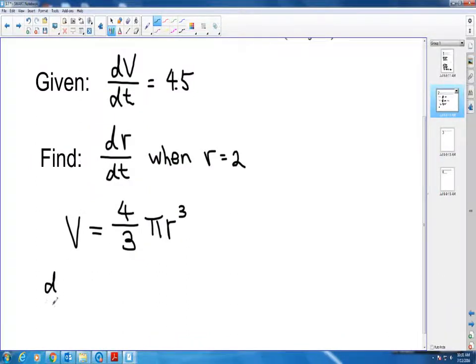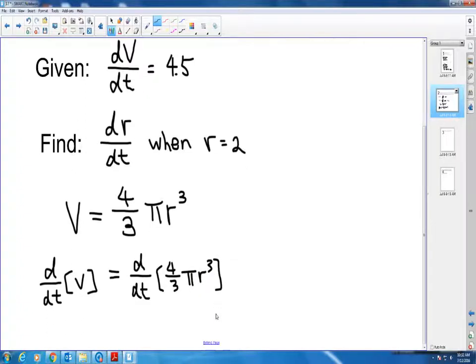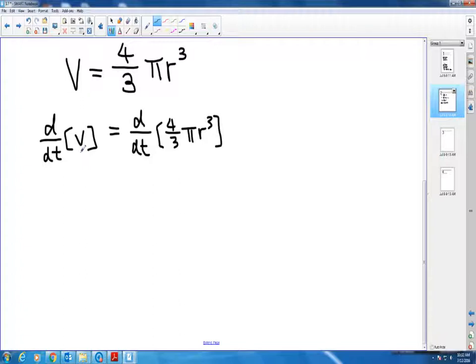So I'm going to write it out this way: the derivative with respect to time of V, and the derivative with respect to time of 4/3 pi r to the third. Using my chain rule, the derivative with respect to time of V would just be 1 times